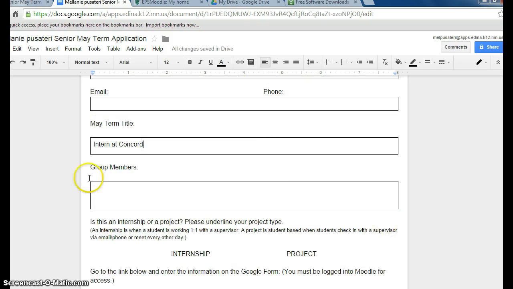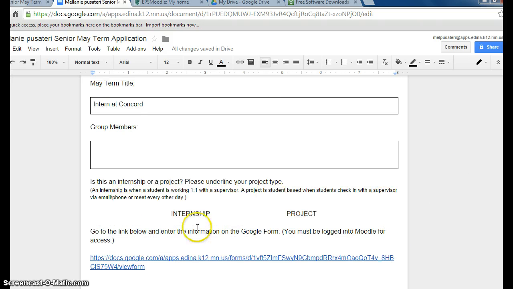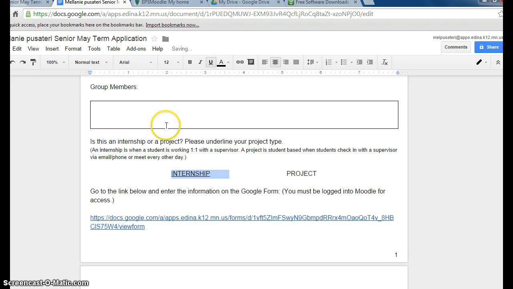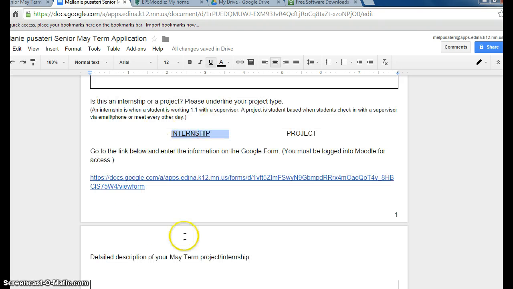Are you doing it by yourself or with group members? If you're working with somebody else, you need to put their names there. Is this an internship or project? Underline. This would be an internship, so I would just go there, underline. Next piece of the application is you're going to go to the link below,